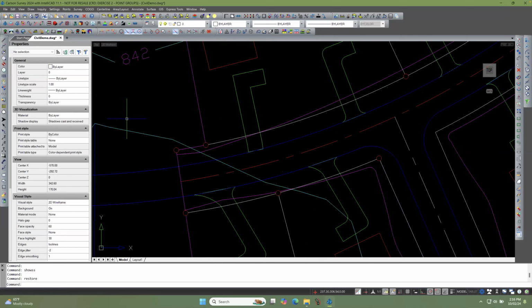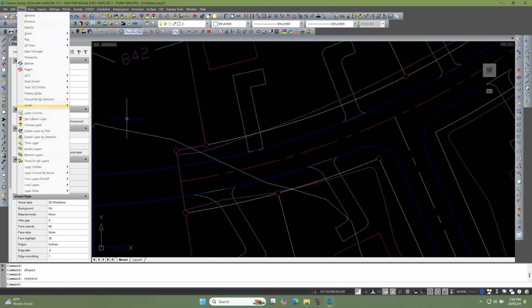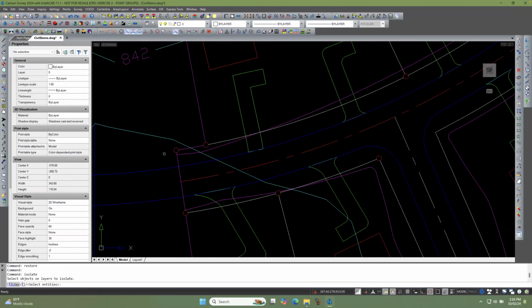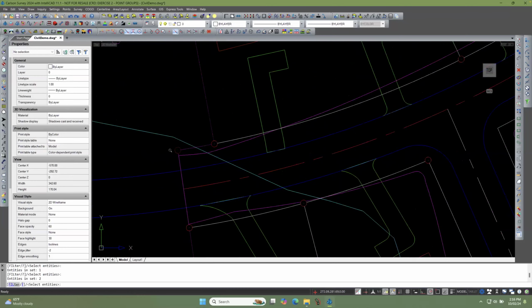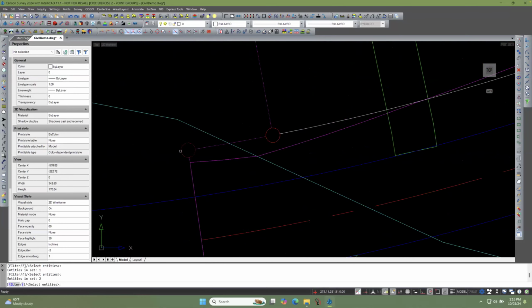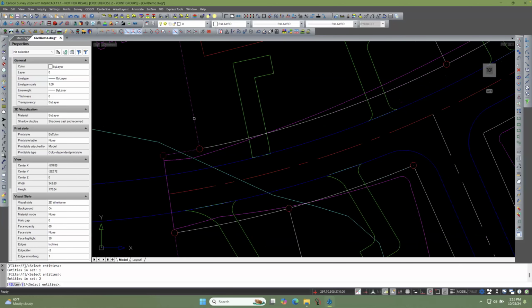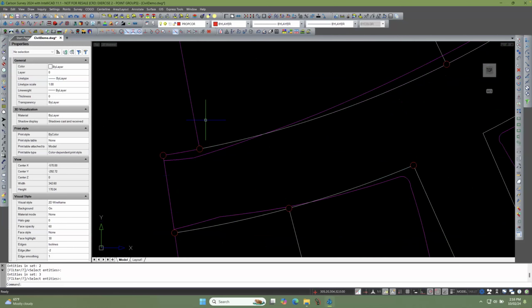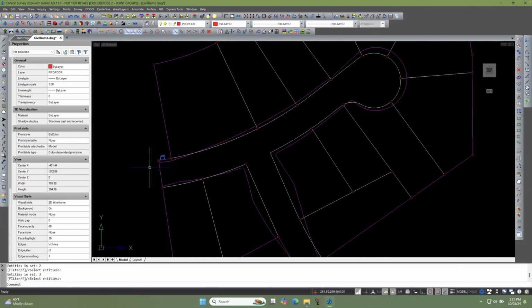So I need to go back to view and isolate layer. And now it says select objects on layers to isolate. You just need to pick one example. So pick one of the points. No, the point. Pick the actual circle, because it's on a separate layer. Then pick the boundary line and then pick one of the white lot lines and then hit enter. And now you should see